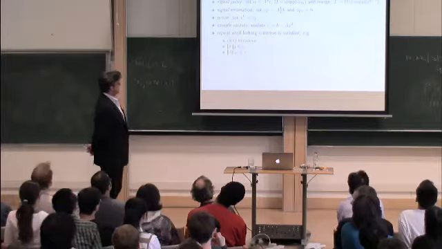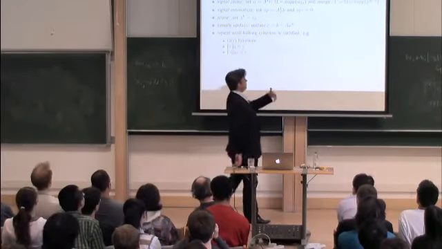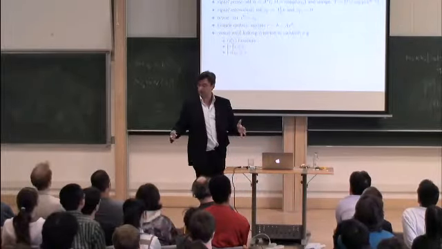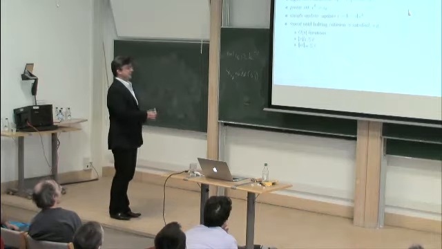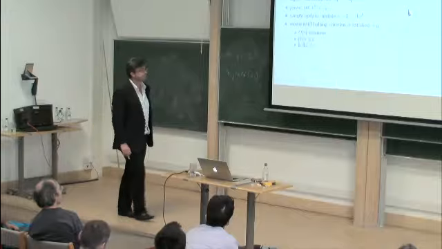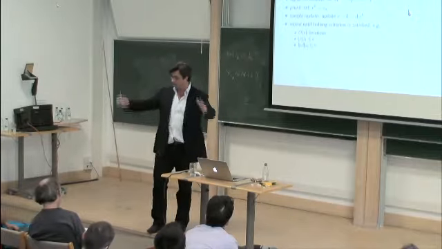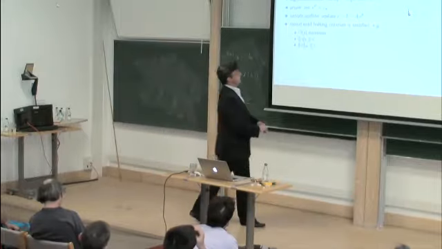And then I had the support of the previous iteration, x k minus 1. So I'm going to merge the new candidate coordinates with the old ones. So that's what this merging operation is doing. It's taking the support omega, then merging it with what we thought was the support at the previous iteration. And so that's our candidate support at iteration k. And now I say, well, if that's your candidate support, run least squares. That is, find the signal which best fits the data in a least squares sense with that support. And that's what this is doing.